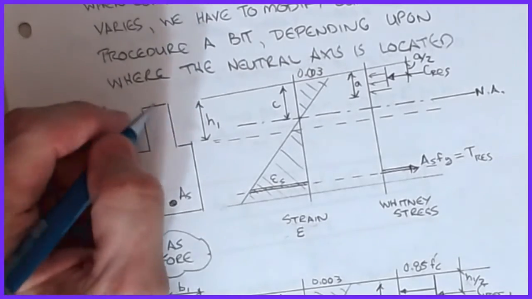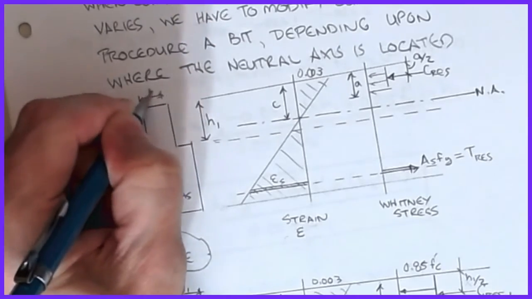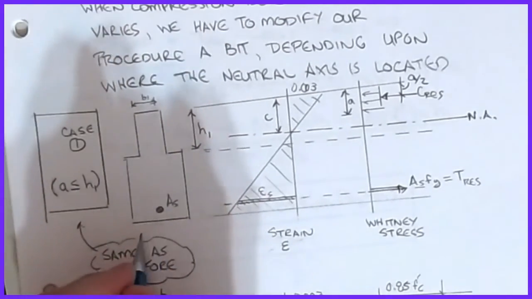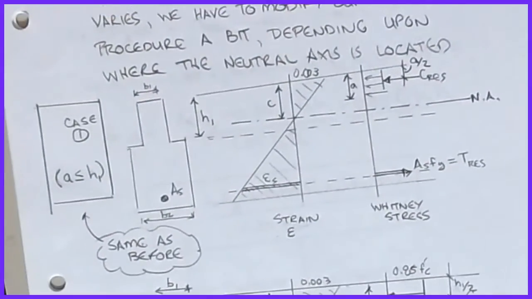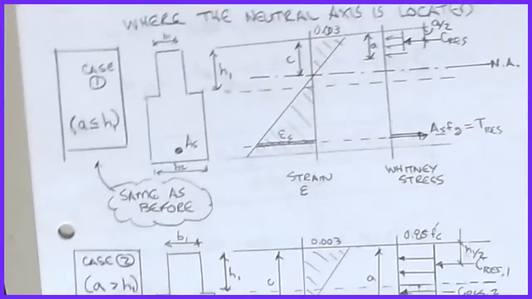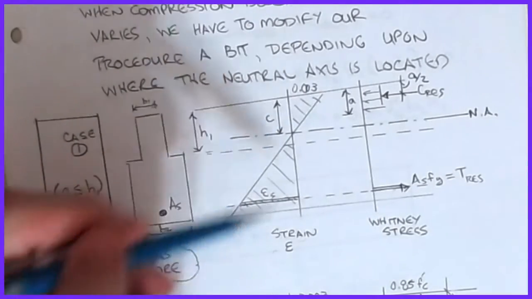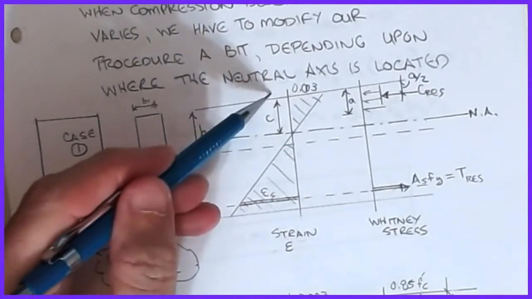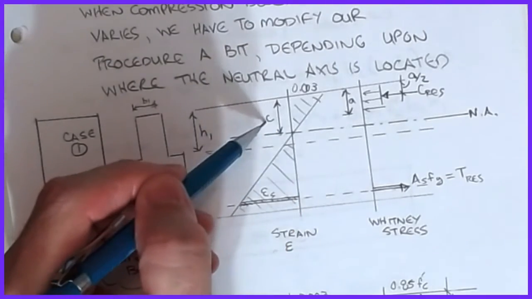What happens now is I have different B values associated with each part. So if I call that B1, and then maybe this guy is B2, and you can have multiples of these. In fact, this could be the start of the formation for the opening. The way that you handle this is you have to consider two cases, because with Whitney, my strain diagram looks exactly the same as it was. C is this dimension,